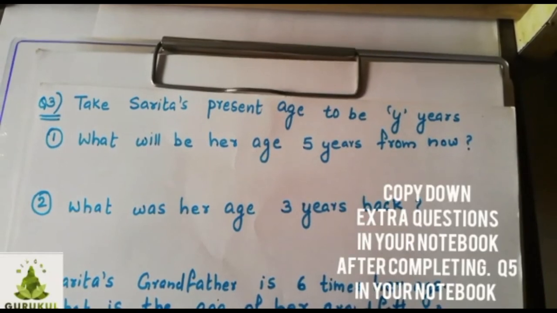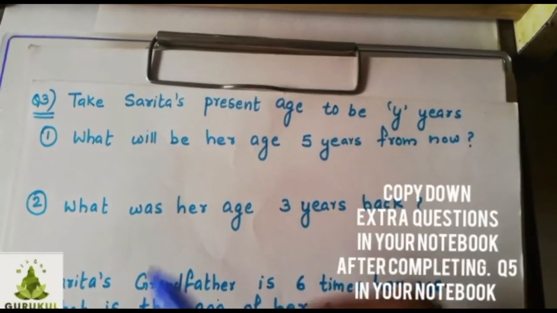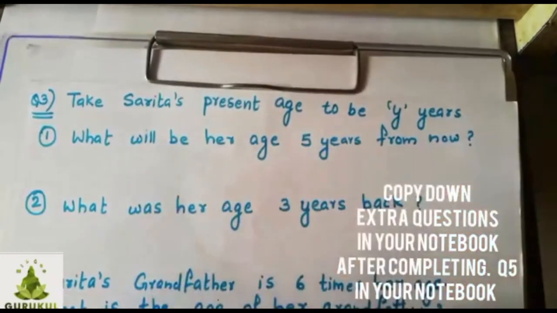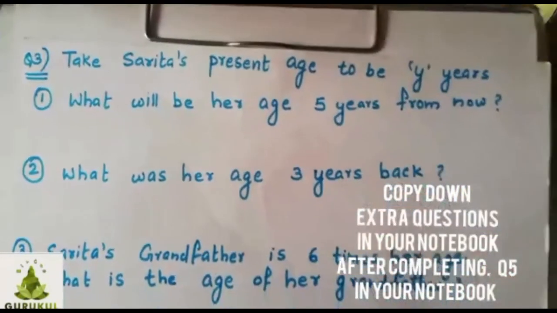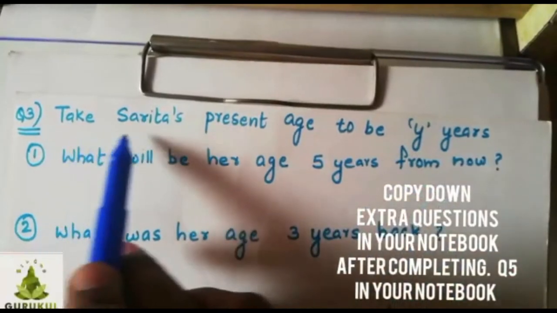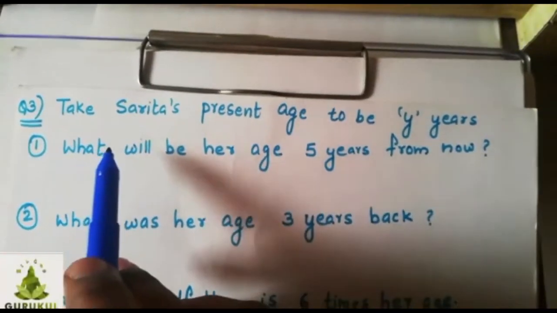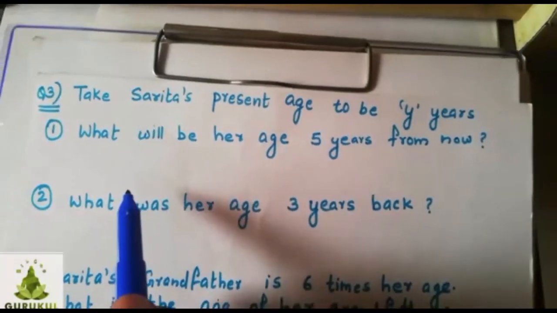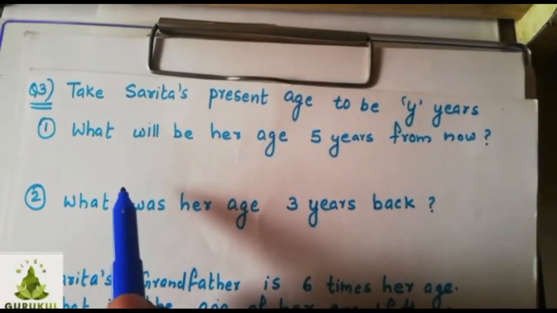Children, now this is a very interesting question. Many questions are related to this one sentence itself. Is it clear? Many other questions I have given, around 5 questions related to the first heading. Is it clear to you? So, pause the video as required and you can copy down the question and answer as I am explaining. You can go through it and then pause it and copy it down in your notebook.